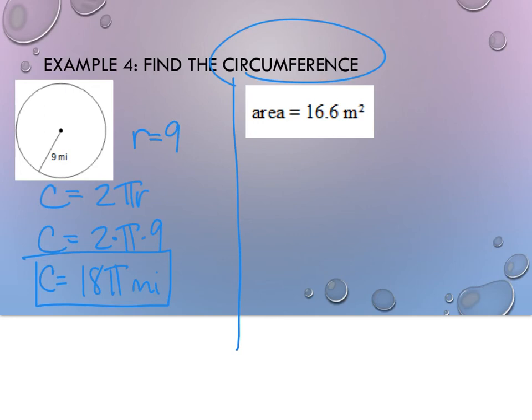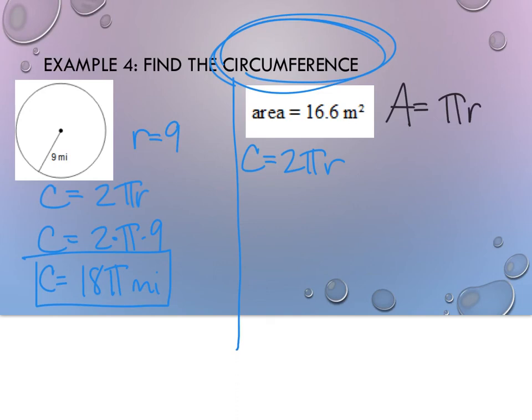The question again, remember, is still find circumference. So this is the formula we'll want to end up using, but the problem is they didn't give us r, the one thing we need, but instead they gave us the area. So what you do is write down your area formula of a circle, and you write in the 16.6 as the answer. So 16.6 equals pi r squared. Now you got to think with me on this,